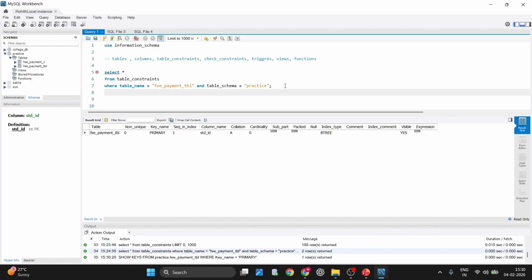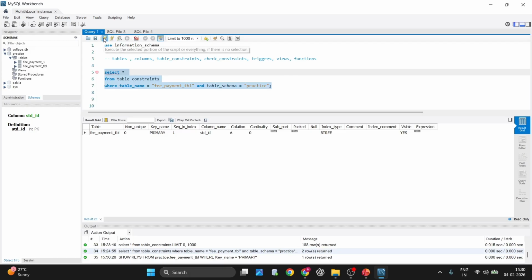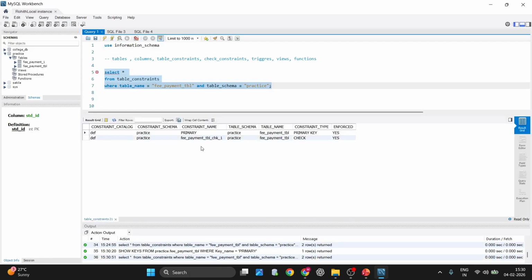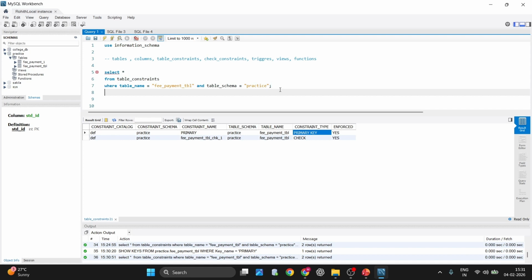So now I got to know that this fee payment table has a constraint name for the primary key, but I don't know which column this primary key belongs to. Why? Because this is a MariaDB or MySQL behavior. What it will do means